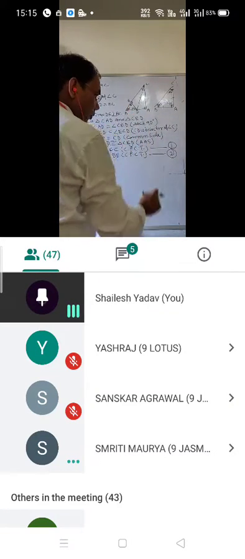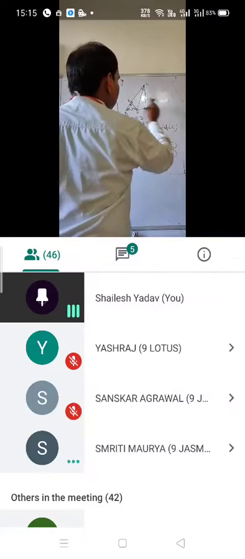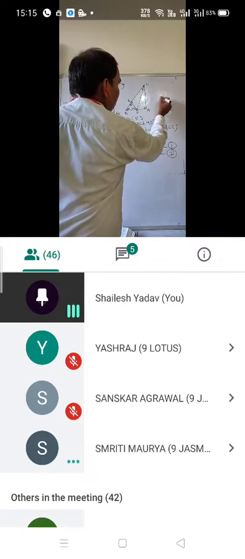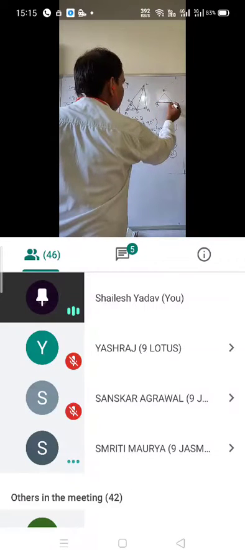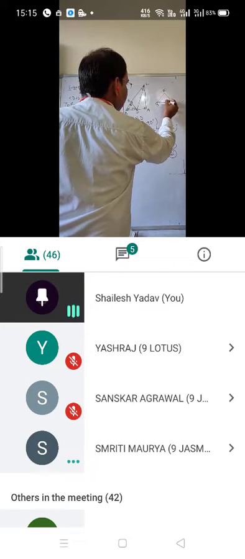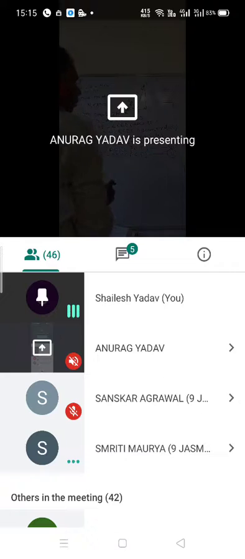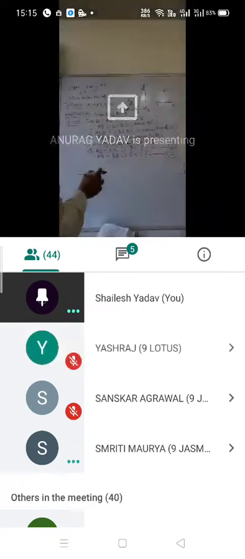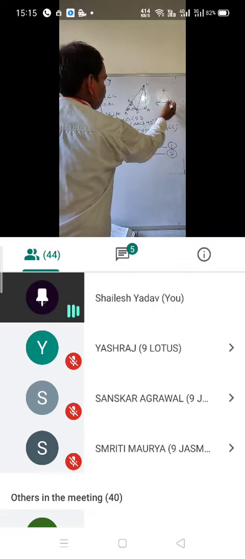So if I am going to draw this triangle separately, whatever that smaller triangle is there, I am going to draw it like this. It is E, it is B, it is D. It is 45 degree and it is also 45 degree. So students, if in this triangle two angles are equal, then two sides will also be equal. If these two angles are equal, which two sides will be equal?